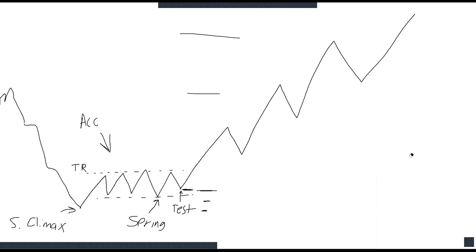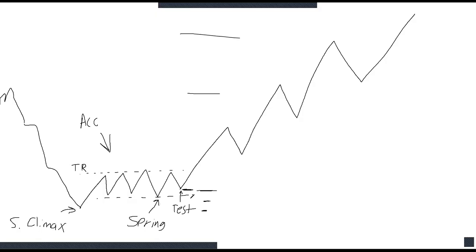How would we possibly know when the spring is coming? Usually, what ends up happening is that spring is usually the closest to the 886 fib, right? Does it always touch the 886? No, not always, but it's the closest one that it will come to the selling climax, or to the bottom of this trading range. It'll usually break a little bit below the trading range